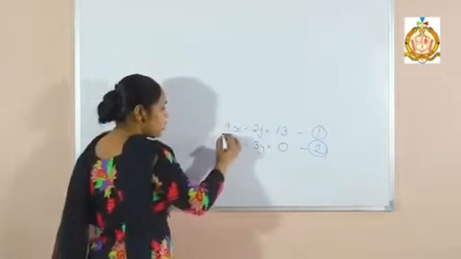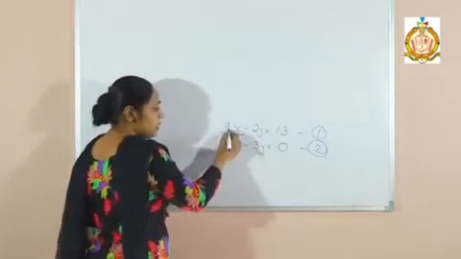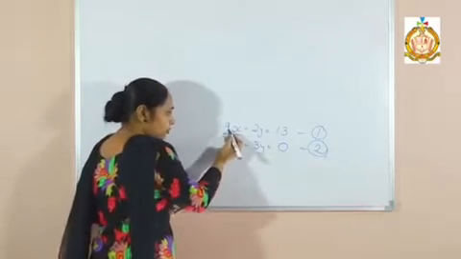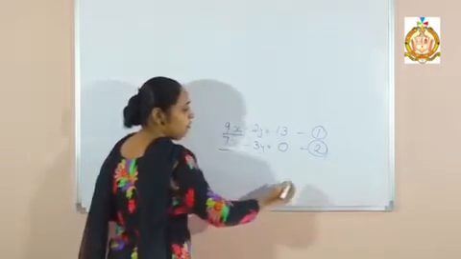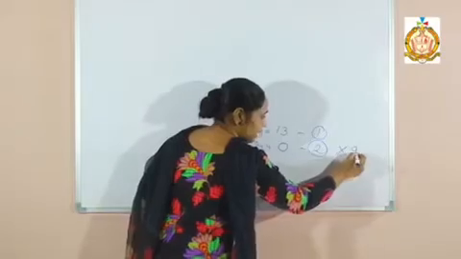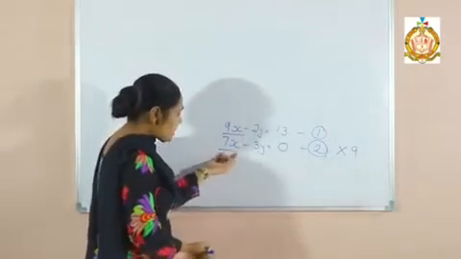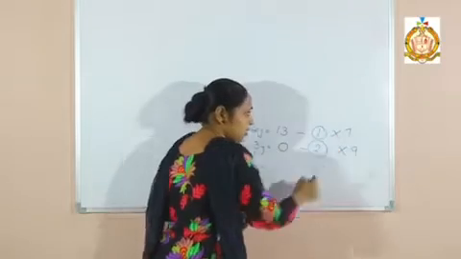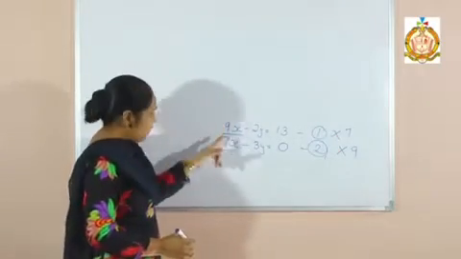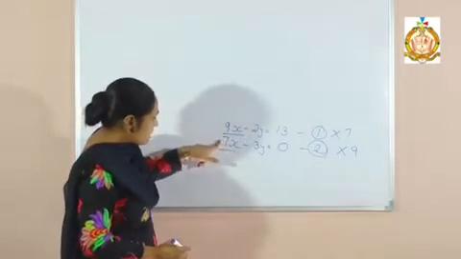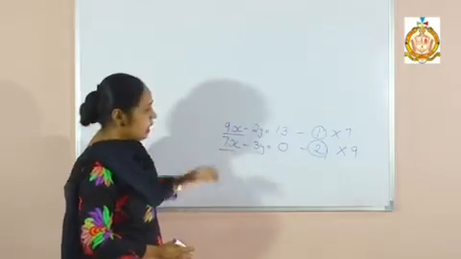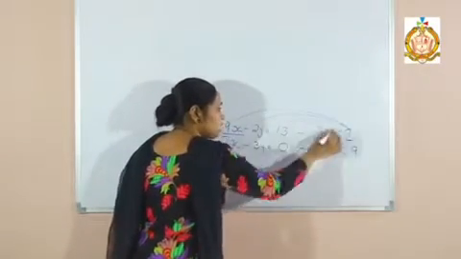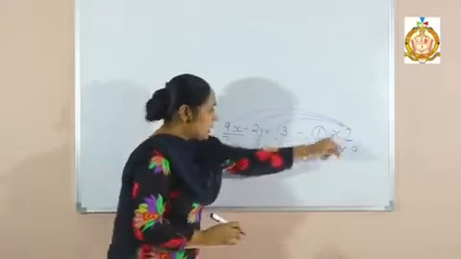See, if I want to equalize x, that means there is 9, there is 7, nothing is common in between. Now the first statement has 9, I will multiply the second statement with 9. Then the second statement has 7, I will multiply the first with 7. That means it has 9, I will give him 7. It has 7, I will give him 9. Now how to do? This 7 will multiply all three parts of the first statement.